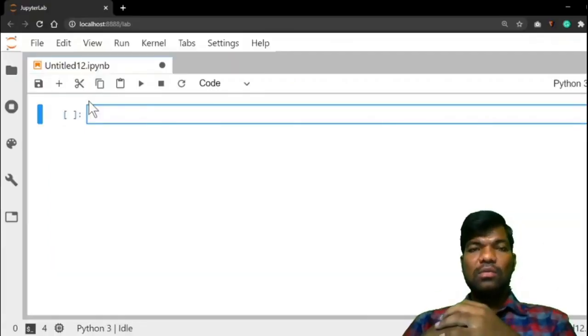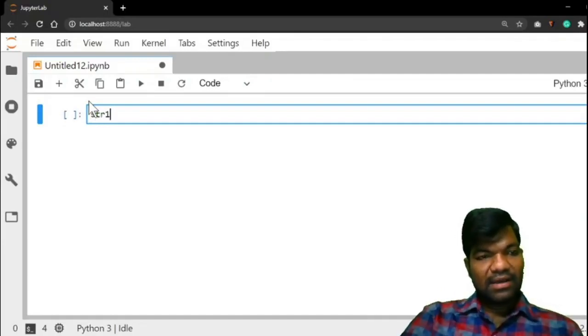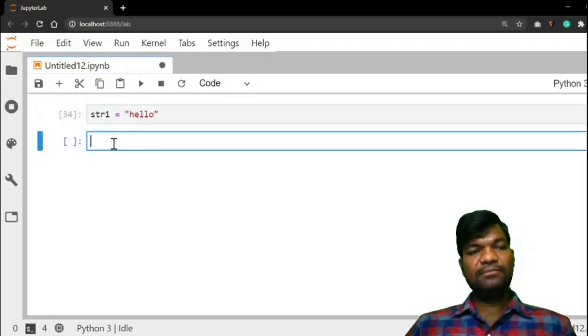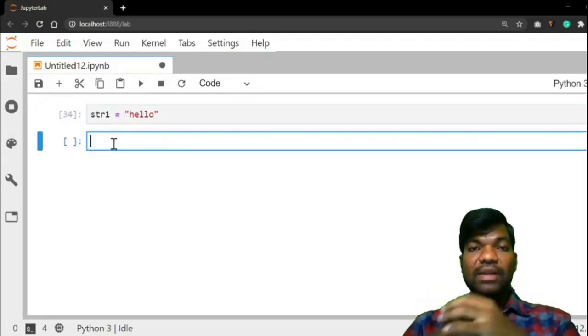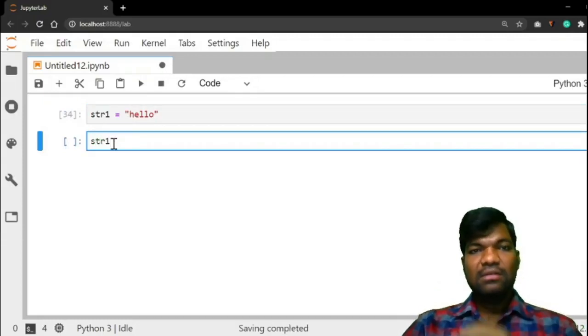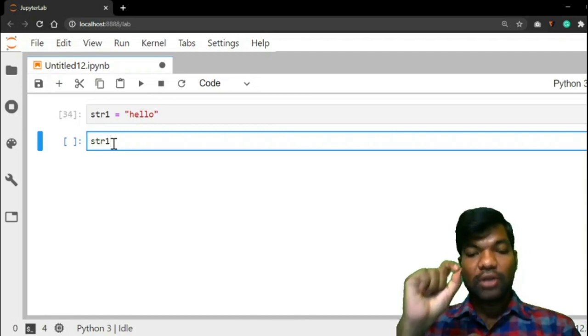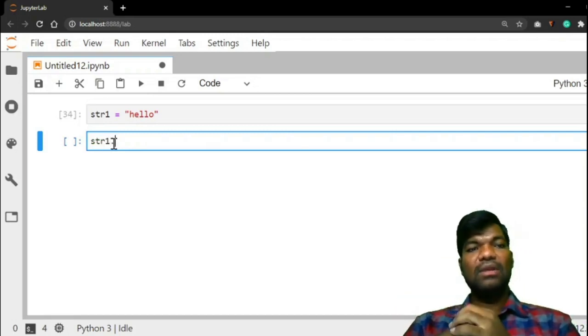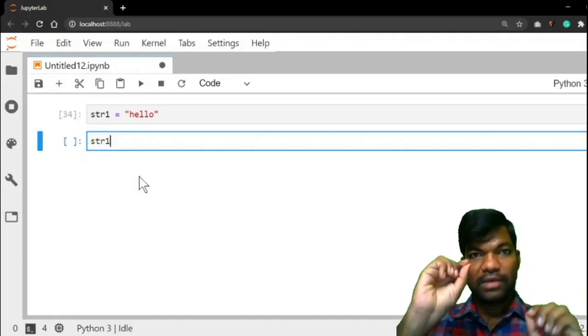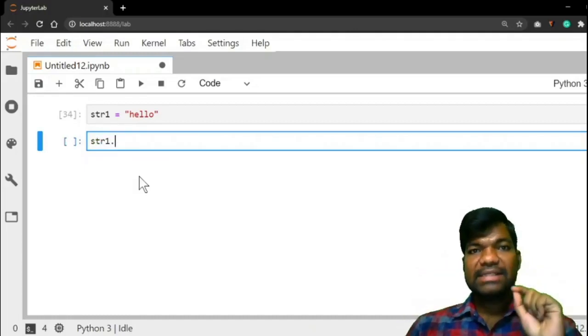Now coming to methods. So str1 equal to hello. This is str1. Coming to the methods, so many methods are there. So let's check one method. str1, give dot and then press tab.